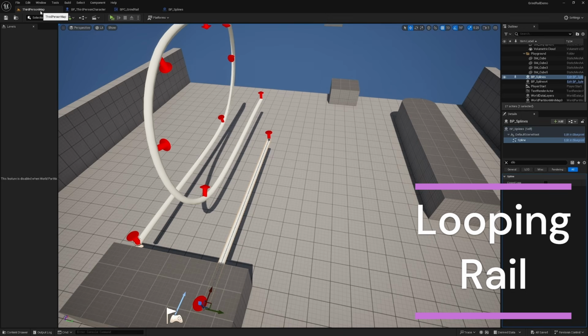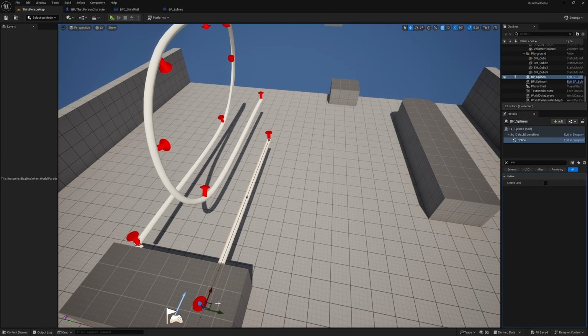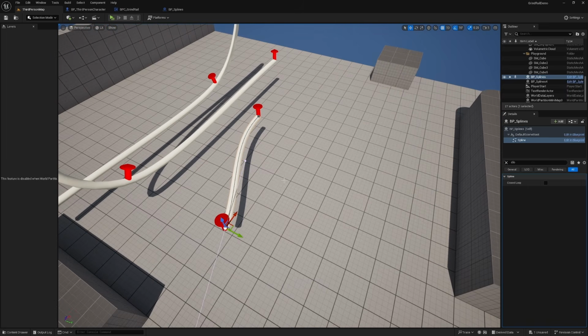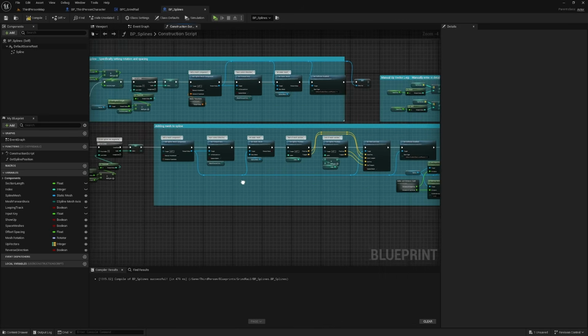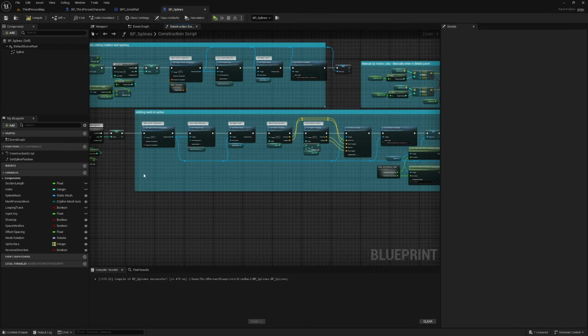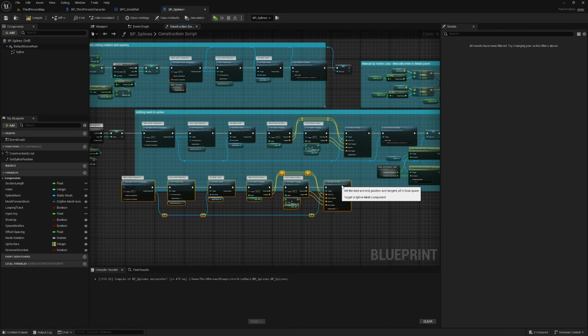Next, we're going to be making a loop track. So we're just going to take a spline and wrap it around. Now, there is a function that is already built into this called a closed loop, which you can get on the spline. When you click it, it does create this arrow. Unfortunately, if we go into our splines with the way that this is done, theoretically, if we just copied everything up until the start and end